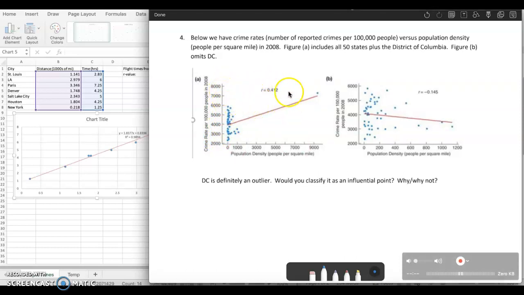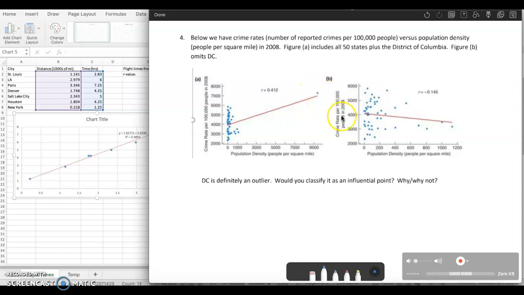The R value, the correlation coefficient calculated with all of this data, is 0.412. I'm not surprised that it's a pretty low correlation, considering this line does not really seem like it's doing a good job predicting all this data, because it has to come out here to include this very big outlier point. At this point, when I'm looking at just this first graph, I'm saying that's definitely an outlier. Now, let's look at what happens when we delete this point and recalculate.